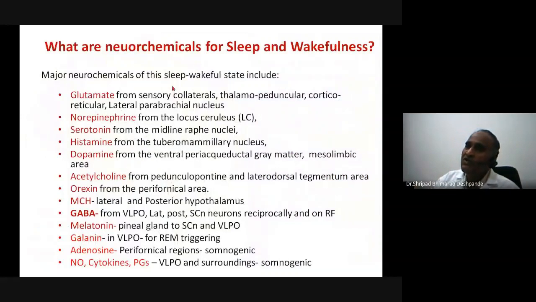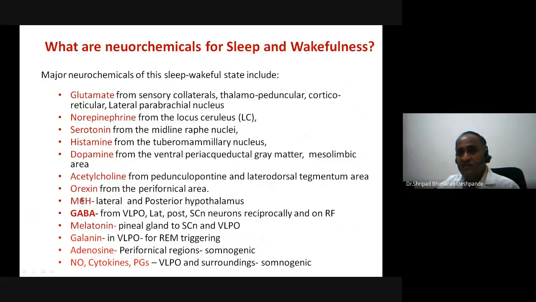Now, what are the neurochemicals involved in sleep and wakeful state? I have listed the major neurochemicals here. The first one is glutamate. This glutamate is a neurotransmitter from the sensory collaterals, thalamo-peduncular projections, the cortico-reticular projections, and the projections from the lateral parabrachial nucleus coming from the reticular formation. Now we have norepinephrine coming from the locus coeruleus, serotonin coming from the raphe nuclei, histamine coming from the tuberomammillary nucleus, dopamine coming from the ventral periaqueductal gray, acetylcholine coming from the pedunculopontine and lateral dorsal tegmentum area, orexin from the perifornical area,